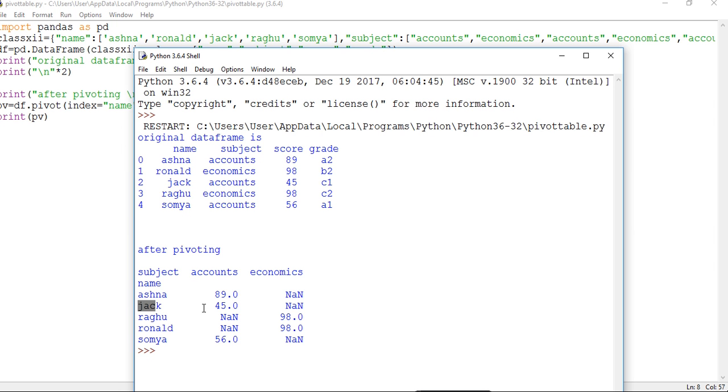And for JAC the score of accounts is 45 and economics is missing because JAC has no economics marks. And for Raghu the accounts marks is missing and the economics is 98.0.